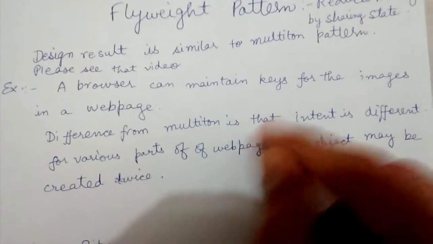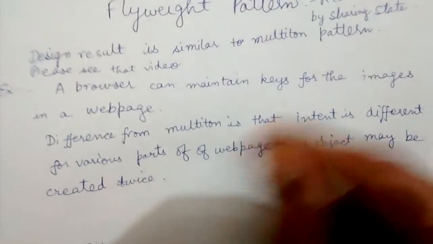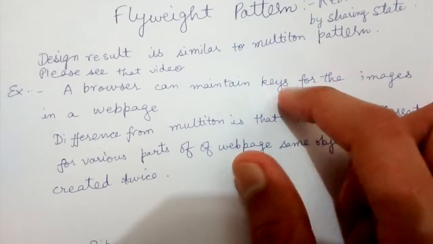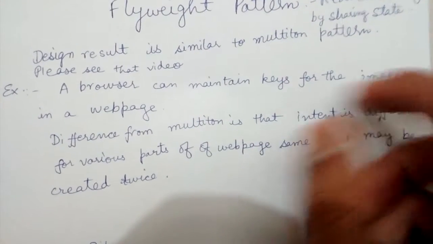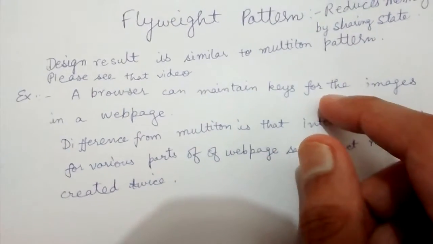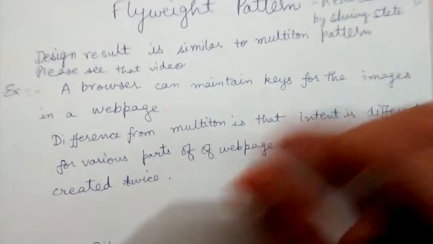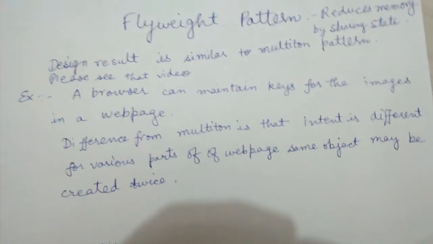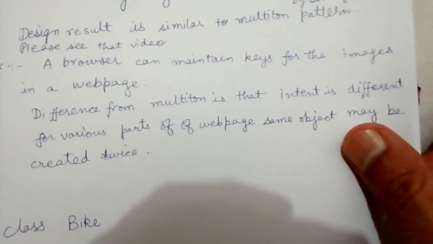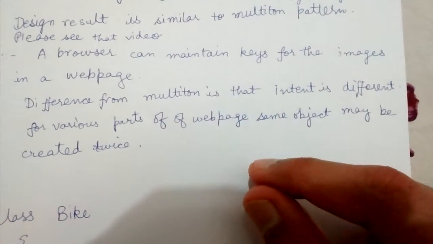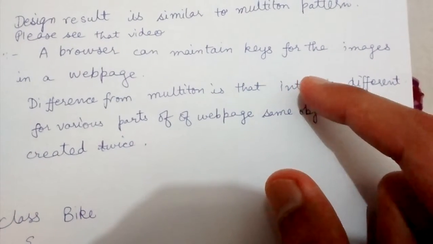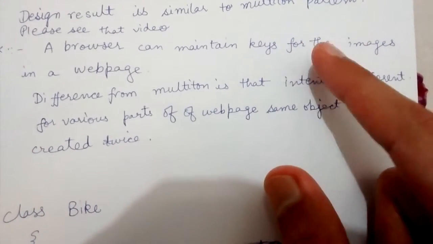So suppose you have to display a single image 2 times. The browser can have a single key pointing to a value, and both the images are basically the same value. So the image is loaded only once, downloaded only once, and shown at 2 different places. You need not download the image twice. Hence you are sharing memory, and it is consuming less memory as well as being faster in this case.